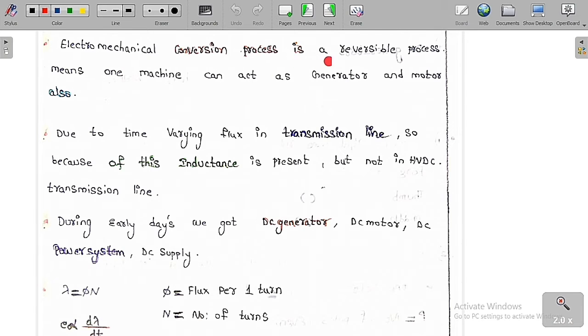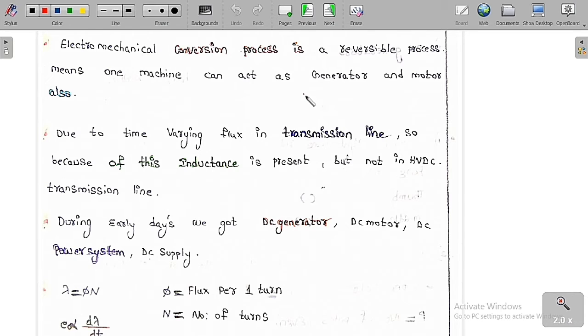The electromechanical conversion process is a reversible process, which means one machine can act as both generator and motor. I have already told you that if you take a DC machine, you can operate that machine as a DC generator, or you can use that machine as a DC motor. So we can say electromechanical